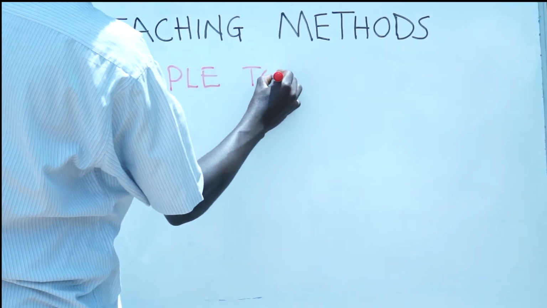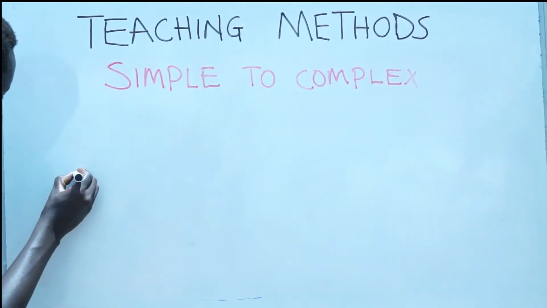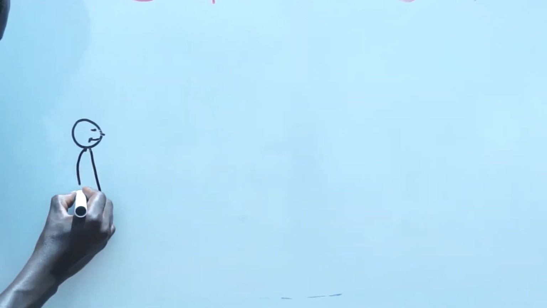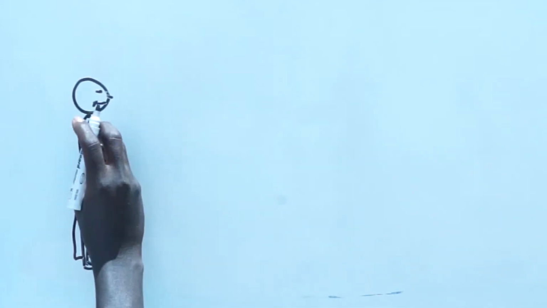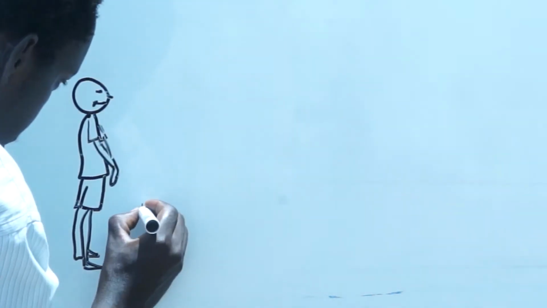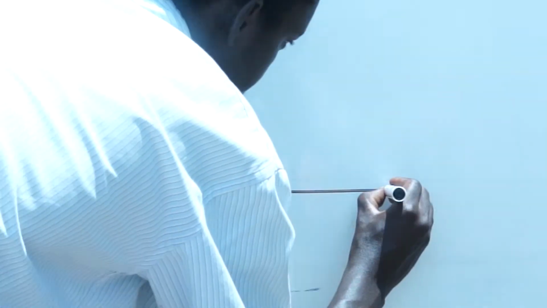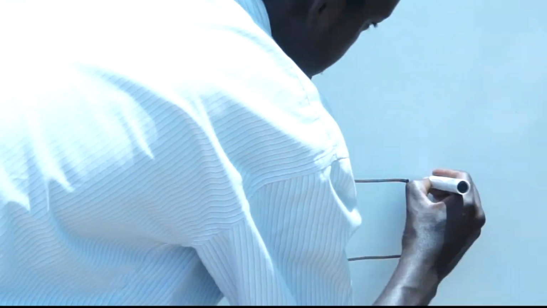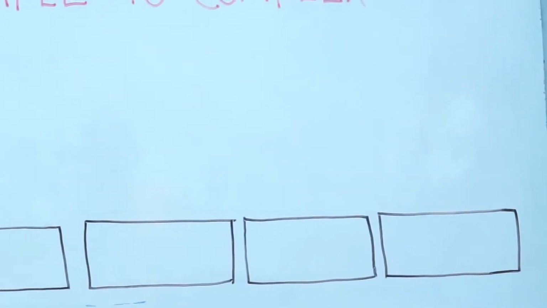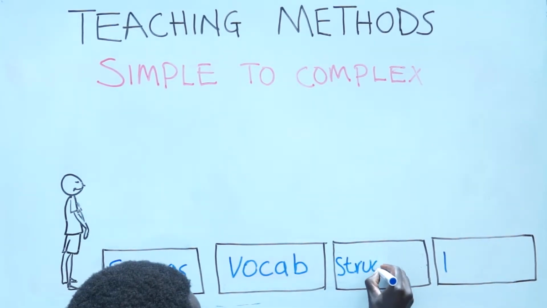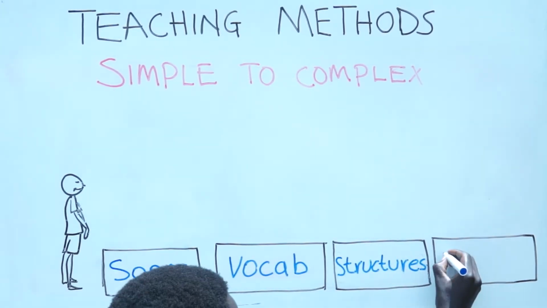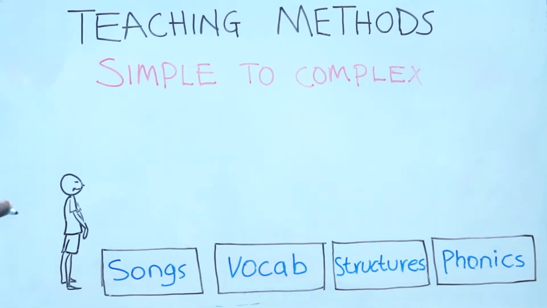Simple to complex. Now let's look at the building blocks of the English lessons and how through scaffolding we put them together. This helps us move from the simple to complex. There are 4 parts of the Mango Tree English Literacy Model: songs, vocabulary,